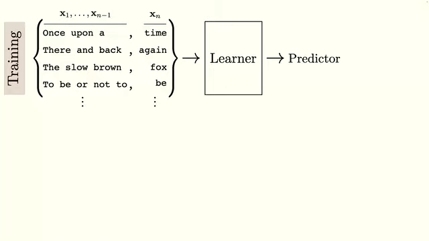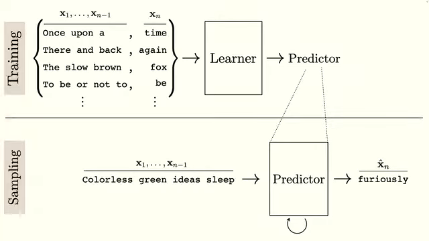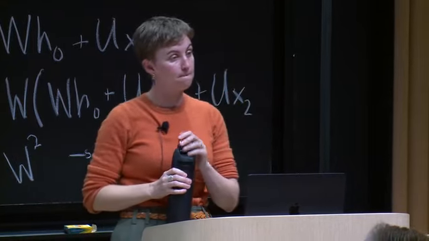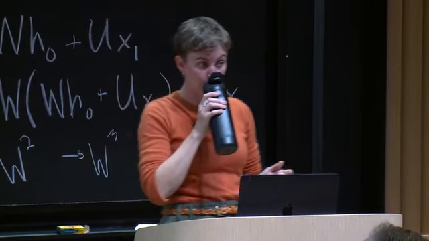And so then the learner has to learn from the beginning of a sentence what is the next word. And then when you're actually sampling, you would do something like send in some new beginning of a sentence and then use your predictor until you want to stop, or until the predictor decides to stop, to predict the next thing. Yeah? You mean if I predict something at time t, I take that prediction and pass